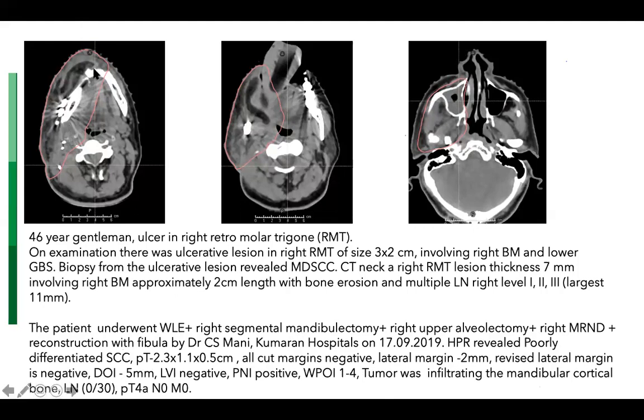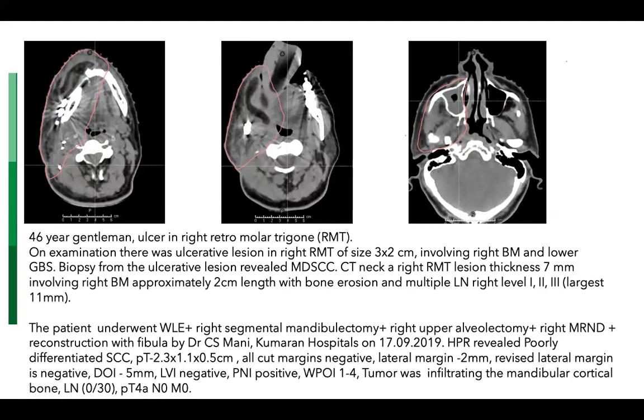So again, we see here, we have included the flap. We have come posteriorly. So all areas where there is any disruption post-operatively have to be included in the target. We have included the oropharyngeal region here, the tonsillar fossa, and then come across the cut end of the mandible. It is important to come across the cut end of the mandible. Here, a mouth bite has been used to deviate the tongue. We cannot deviate the floor of the mouth. We don't want to deviate the floor of the mouth.